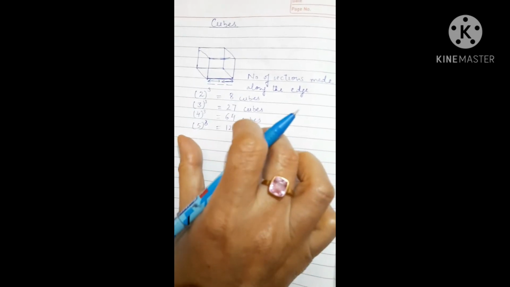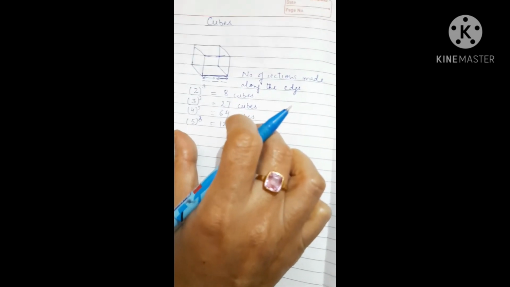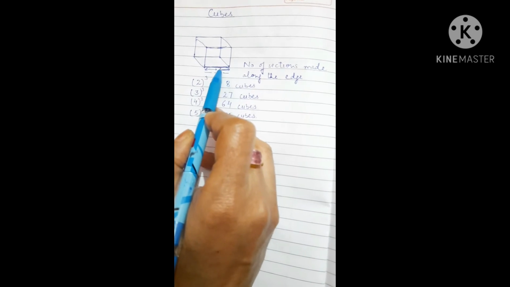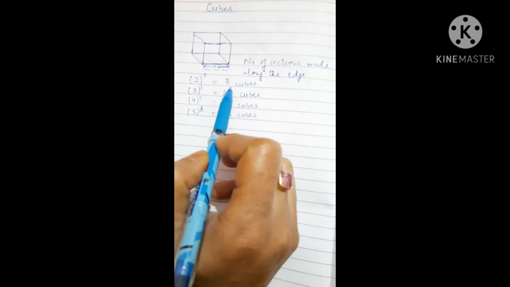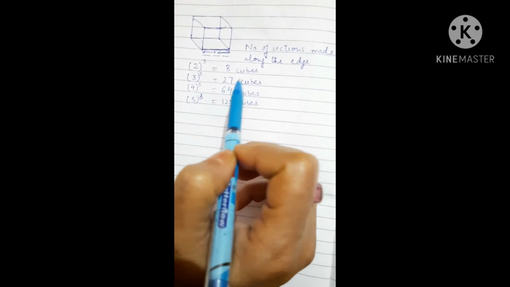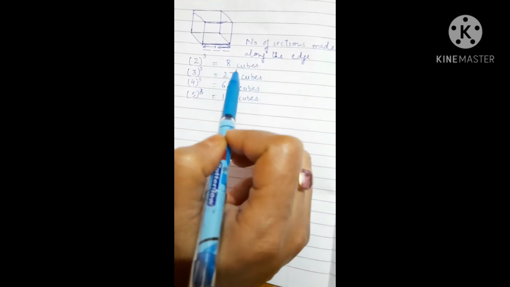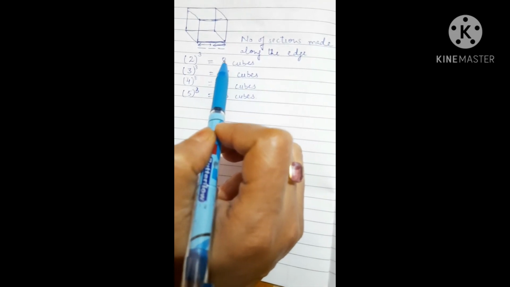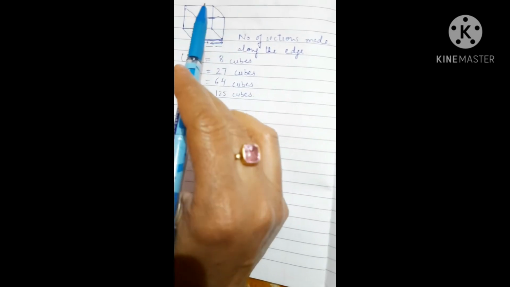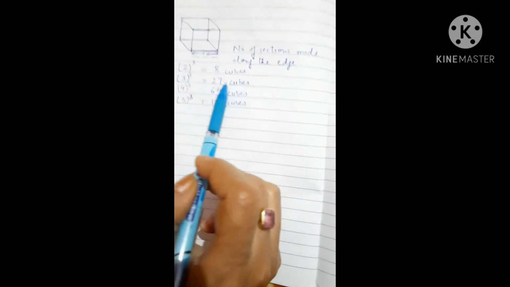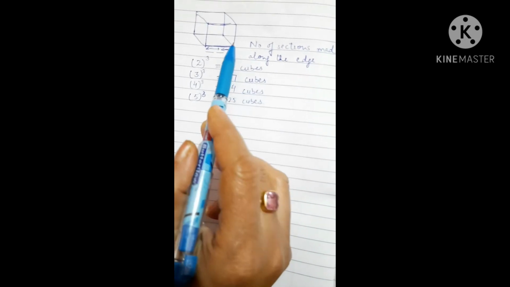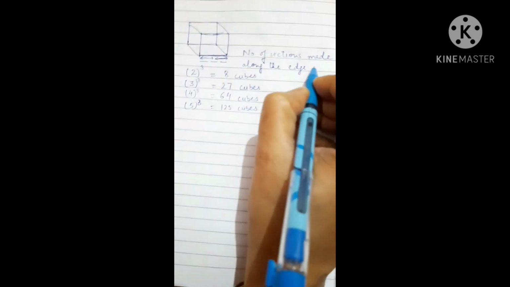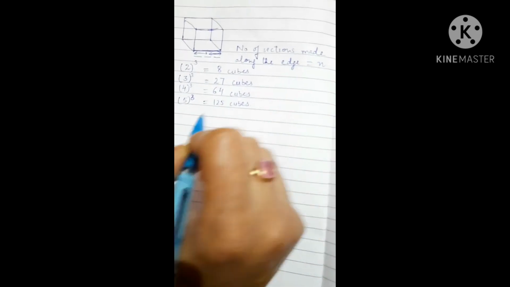Right? So this was the first concept wherein we find that whatever sections are made along the edge, if we know that, then we can easily find how many smaller cubes can be cut. Vice versa, if we know in the question that a larger cube is there and from the larger cube 8 cubes are cut, then we know how many sections were there? N. And in such questions, we consider this number of sections made along the edge as N.